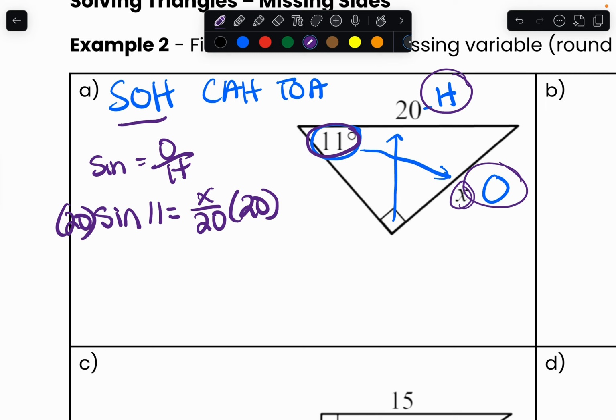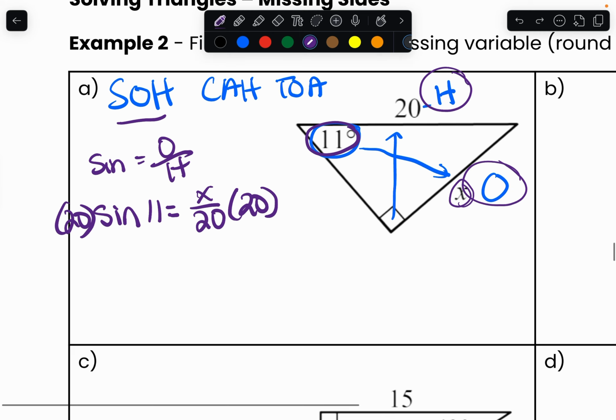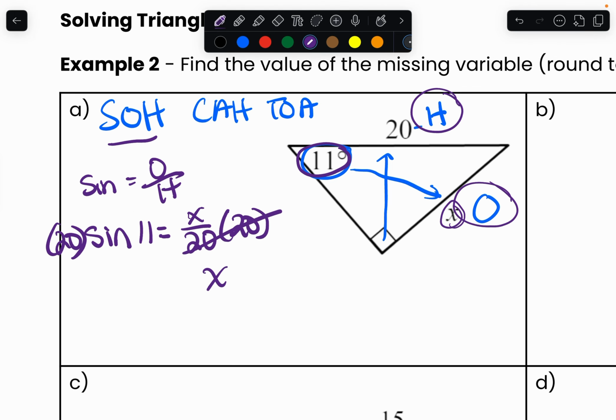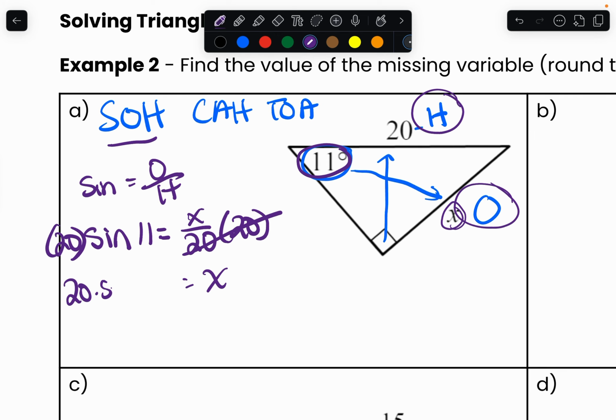Once you do this, the 20s will cancel out. The reason for this is because x over 20 times 20 is technically x over 20 times 20 over 1, and 1 over 20 times 20 is just 1, leaving us with just 1x. This is the reason why this can be canceled out, leaving us with just the x. On the other side, it's 20 times the sine of 11. This is my answer for x, but I need to figure out its actual value, rounding to the nearest